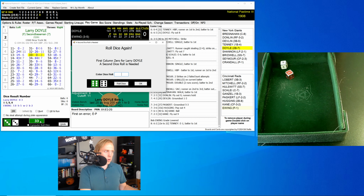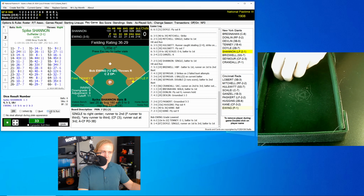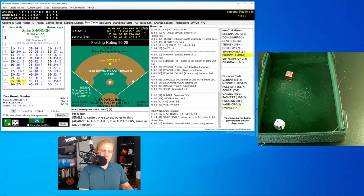Next roll is a 14 for a 7. That'll be a single to right center, sending Tenney on to third. That brings up Spike Shannon, and now it's time to hit and run. Shannon rolls a 25 for a 10, and there's a single that will score. I'm sorry, no, that's a ground ball over to second base. Huggins throws to first for the out, and Doyle advances to second, and the run scores, so it's a 4-0